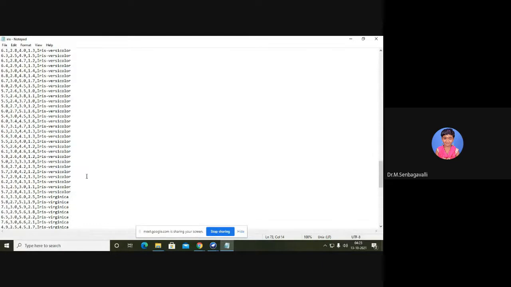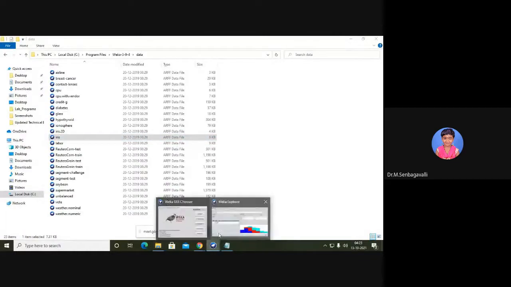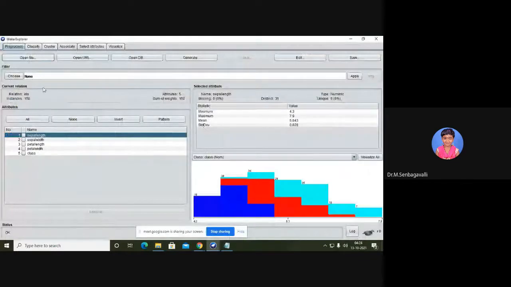If you go for counting the values, it will take a longer time. But you just see in Weka, it is showing the total number of instances, how many attributes there are, and the weight of a value. Everything it is showing. So this is preprocessing, and we wanted to select all the particular things. If you want to add more attributes, you can add them with the help of add attribute, and if you want to remove, you can remove them.